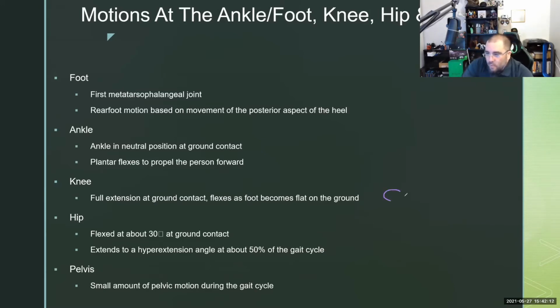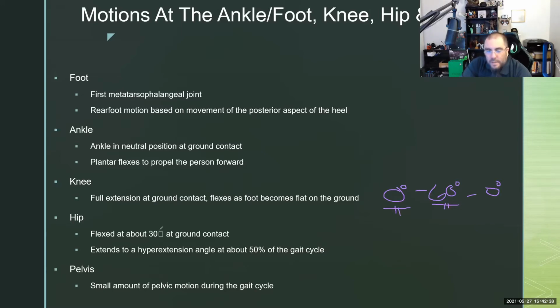And we'll cover this more when we talk about the actual motion of the knee. But during normal gait, the knee goes from about 0 to 60 during the full cycle of gait. And then it'll go back to 0 when you're back to mid-stance again. So that means you do need to have full knee extension and functional range of motion to get to 60 degrees of knee flexion.